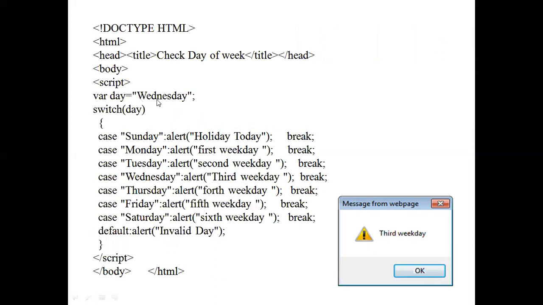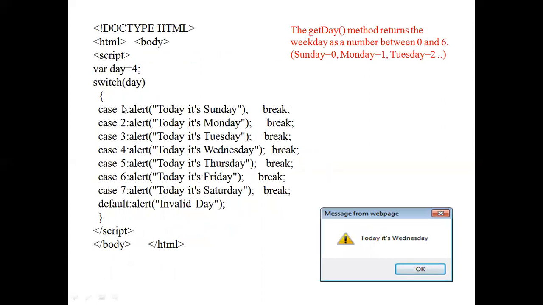So here I have taken the match of the text value: Sunday, Monday, Tuesday. When it reaches Wednesday, it will say alert, Third weekday. Rest all is the same. Case Sunday is a text entry, so I am enclosing it in double quotes. In the earlier program, it was an integer, and integers are not enclosed in double quotes.